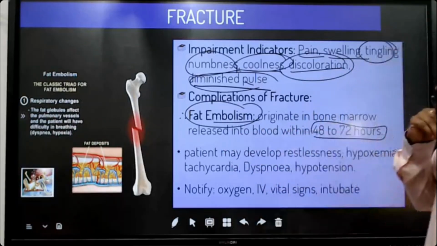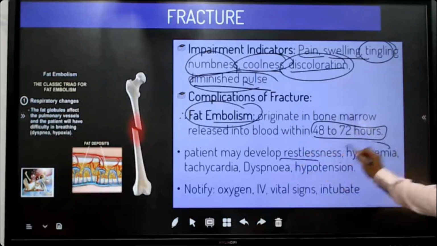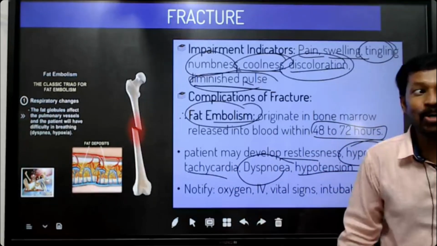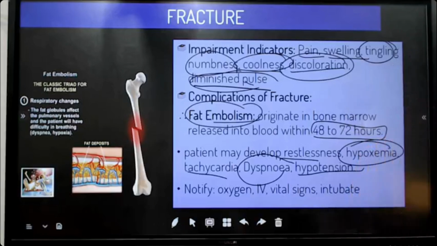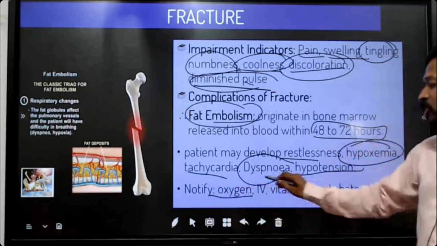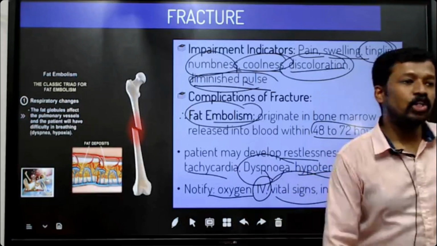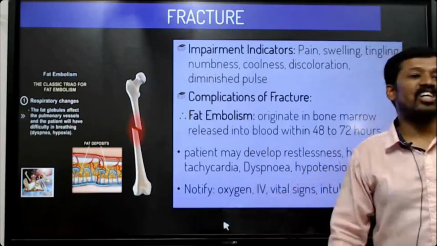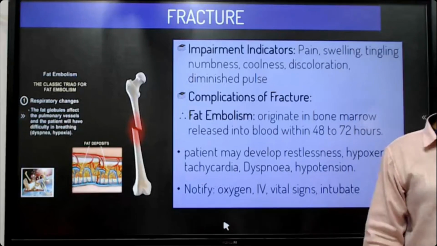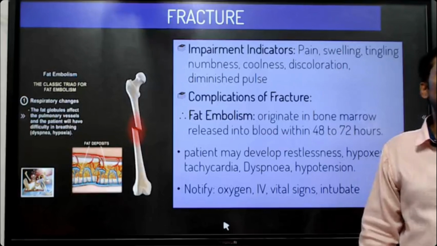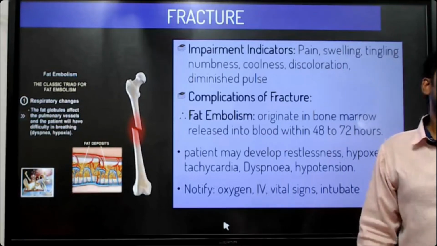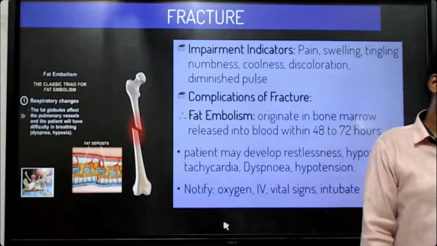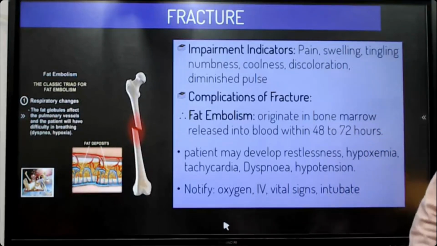Got it? Okay, fine. So a patient may develop restlessness, hypoxemia, tachycardia, dyspnea, hypotension, everything related to cardiovascular. We have to give oxygen management, IV management, and intubate the patient along with cardiac monitoring. Then we need to go for embolization or embolectomy. Embolectomy means we will remove the embolus, and embolization means we will break down the emboli. Got it? Okay, fine. Next one, the next and most dangerous